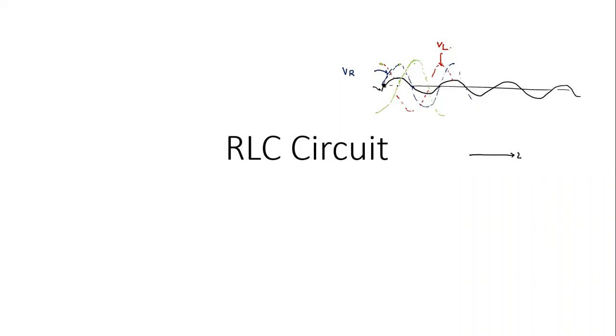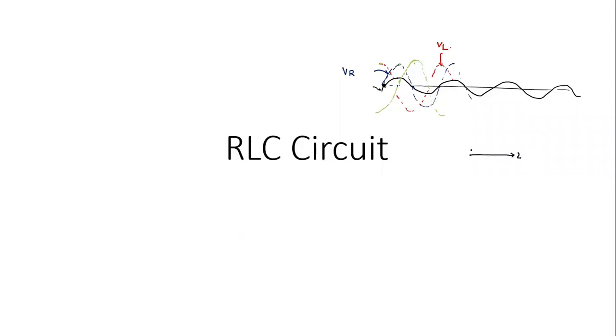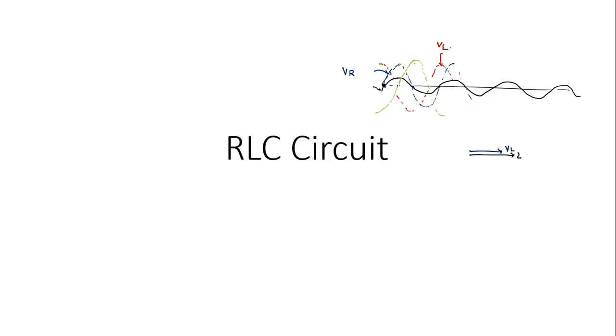Now, how will the VR phasor be? The VR phasor will be in the same phase. So let me draw the VR phasor. This is how VR will vary. Okay, this is the VR phasor. Then we look at how VL would vary. VL is in red color. This will lead by 90 degrees. It will be vertically upward, so it will be up. We can draw that color also. So this is VR, and how would VL be? VL will be like this, in red color. This I have drawn as VL.